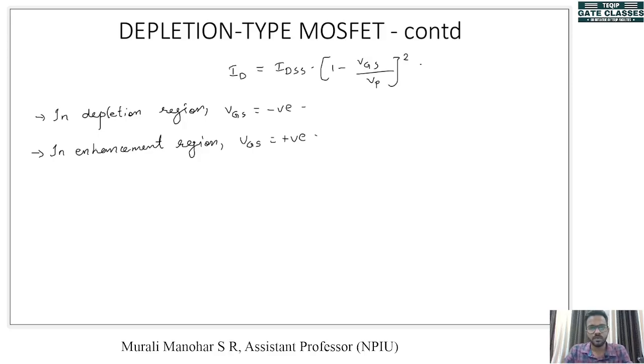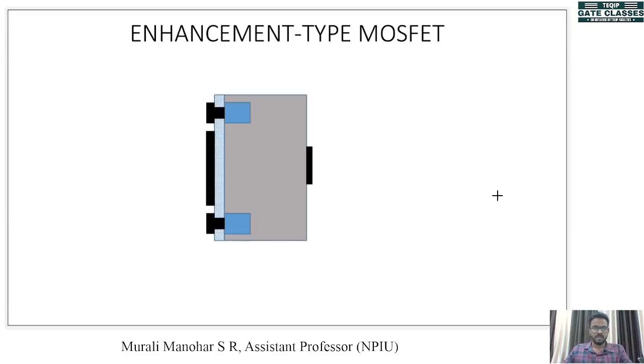Okay, shall we move on to the next type of MOSFET? The next type of MOSFET is called an enhancement MOSFET. Here also you can see that there is a p-type substrate, heavily doped N regions inside the substrate, but there is no N channel. So this is the difference between enhancement type MOSFET and depletion MOSFET. Enhancement region inside the depletion MOSFET is a different thing, and enhancement type MOSFET is a different thing. Remember that. So in enhancement type MOSFET, there is no channel between drain and source.